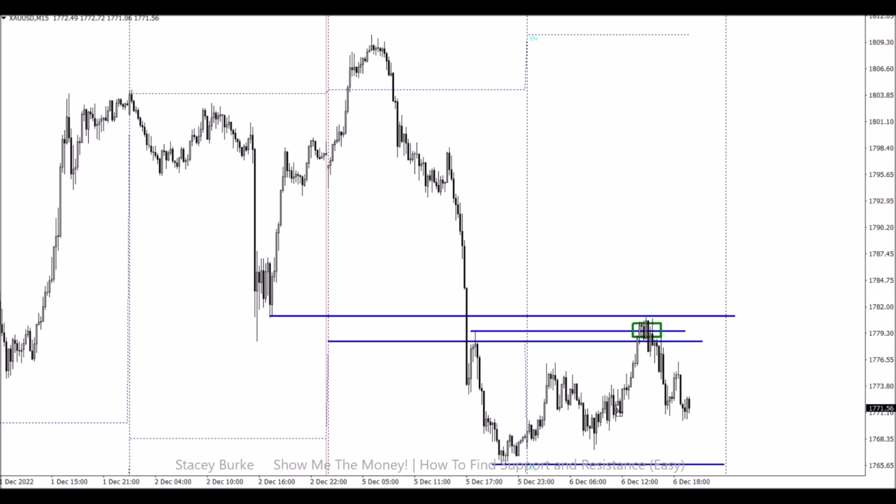Now, London puts in a low. We've traded down into that low of the London session. We had three pushes: one push, two push, and then a third push that went up to the high of the day. So the other thing that I mentioned, and I want to keep mentioning this, is